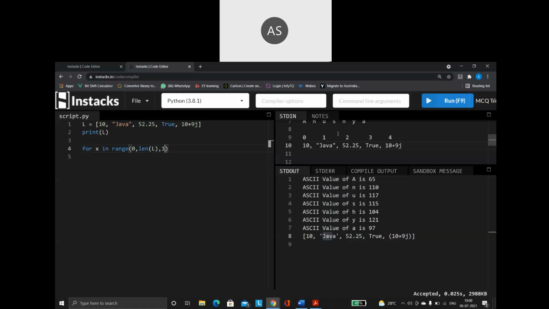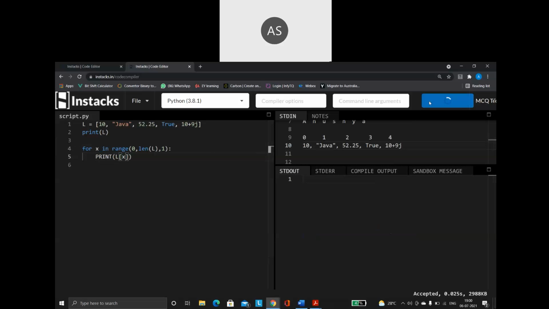Step value is going to be 1. Okay, then what am I doing? Inside this, I am saying colon. Then I am saying print L, which is the name of my list. L of, within the square brackets, I have to mention the index value. So which variable is going to have my index? X. So I'm going to say L of X. Now when I run this program, see what happens.